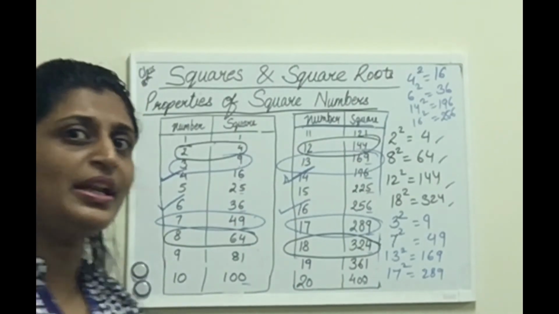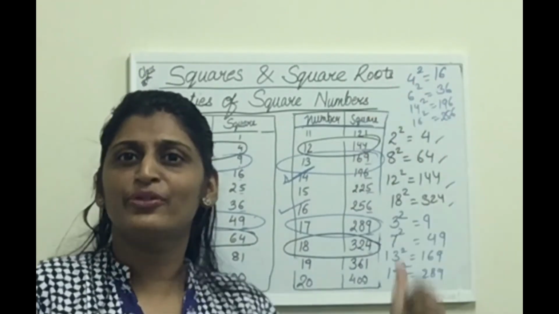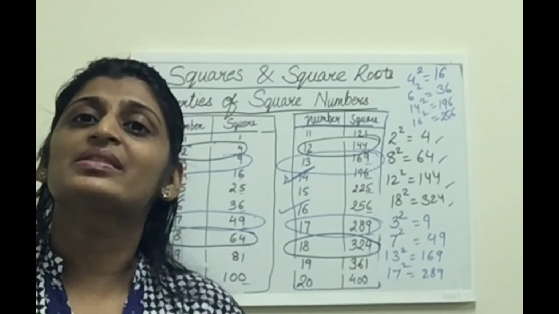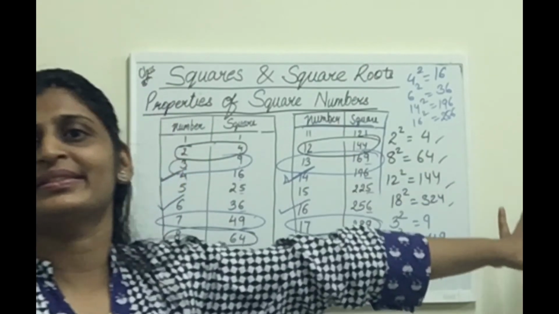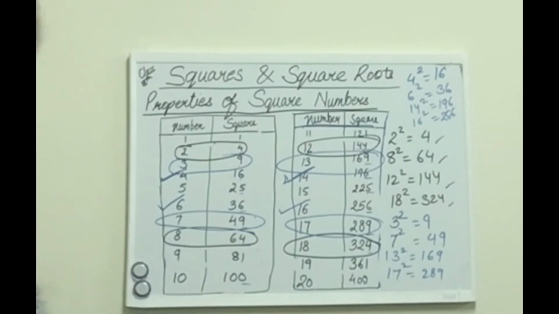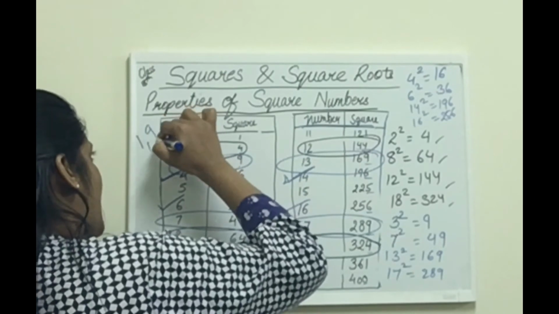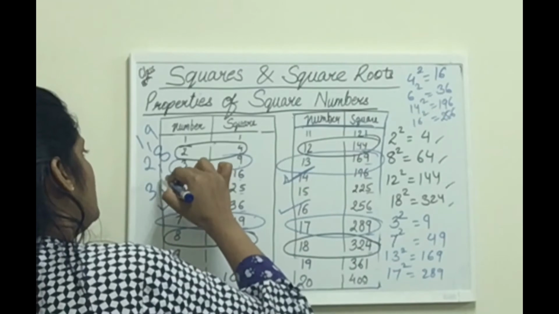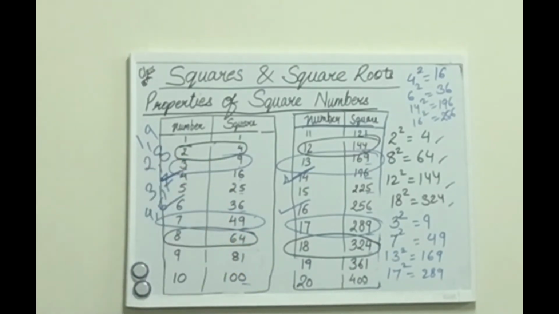And what is the property now? Now you are smart enough to judge that if a number ends with 4 or if a number ends with 6, the square of that particular number will end with 6. Right? So which numbers paired up? 1 and 9, 2 and 8, 3 and 7, 4 and 6. These are the 4 pairs we made. And